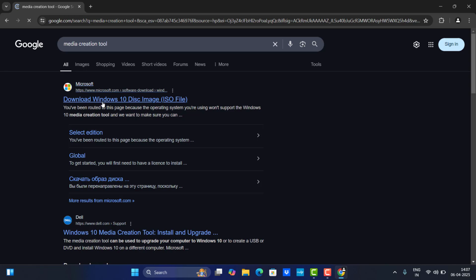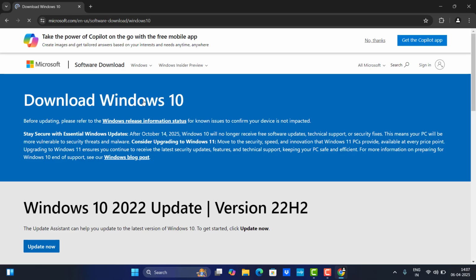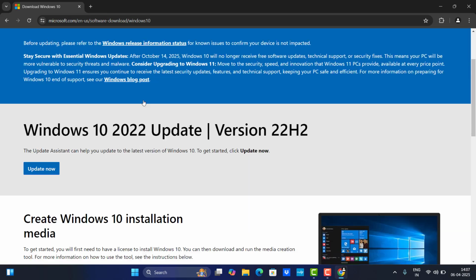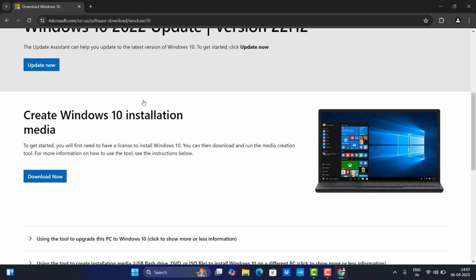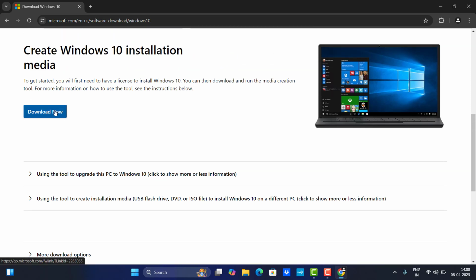Now download the Windows 10 disk image, it's an exe. Scroll down and you may see the creation tool for download. Yeah, it's the Windows 10 Media Tool installation. Just download it